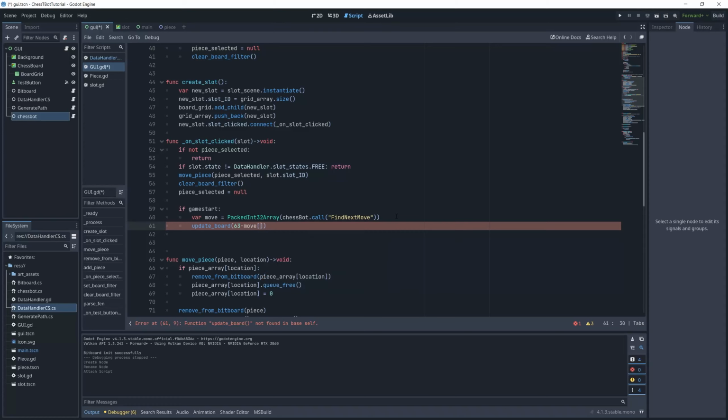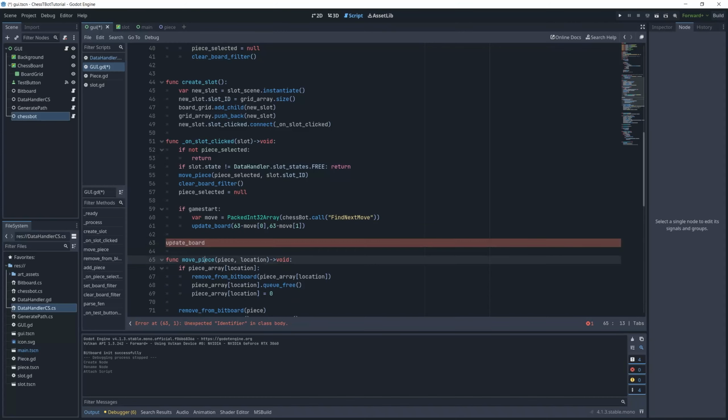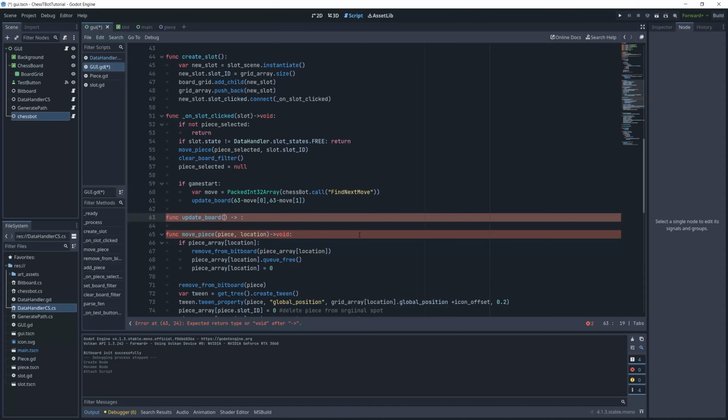And same thing, because of my mishap from a couple episodes earlier, I'll have to reverse the move index, but this is not a very big issue. Okay, so let's quickly make the update board. It's going to be similar to move piece, except it takes in a different parameter. And really this is just me not planning ahead and unwilling to change things midway. This gives you a valuable lesson. Plan ahead when you're making larger projects like this. Okay, so we just quickly do that,